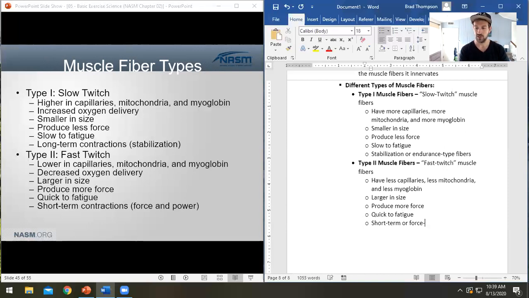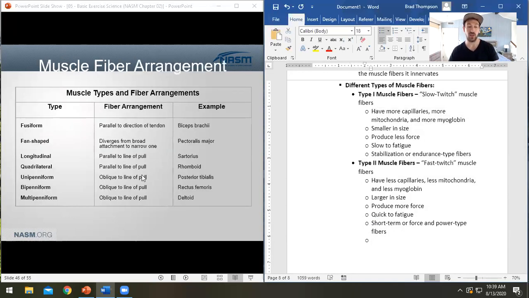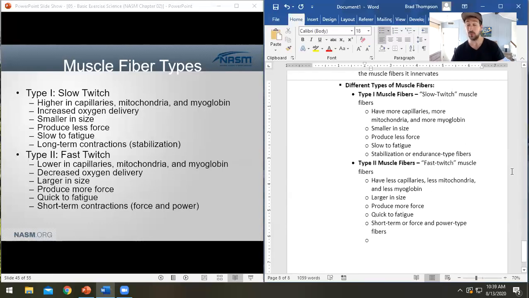force and power type fibers, right? So these are your explosive fibers. These are the ones that we typically use when we're strength training. These are the ones that we typically use when we are doing cardio. Now, one other thing is that type 2 fibers will, and they're not mentioning it here, but they will be split into 2 subcategories. You've got type